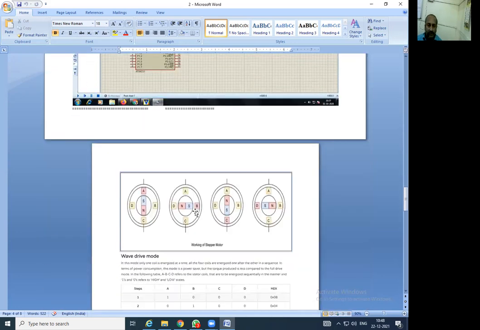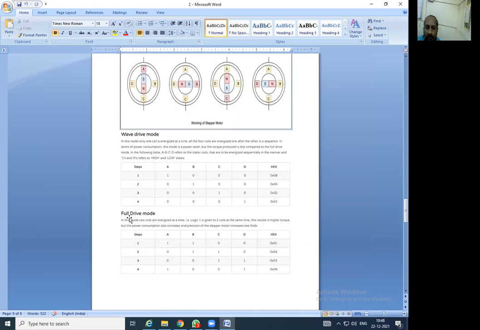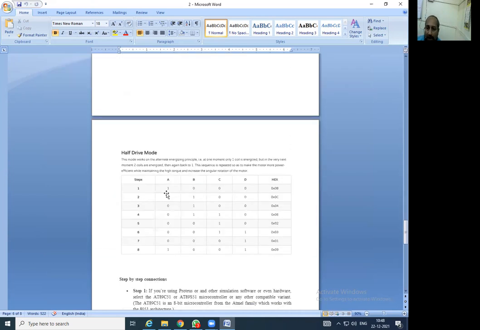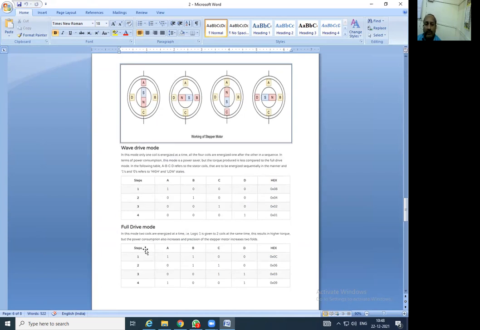We are going to implement one of the modes here, that is wave drive mode. So what are the wave drive mode, full drive mode, and half drive mode? Already we have seen that these change the angle only. In wave drive and full drive, there are four angles, 90, 180, 270 and 360, like that.